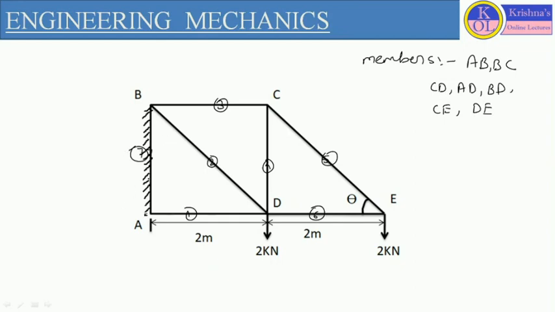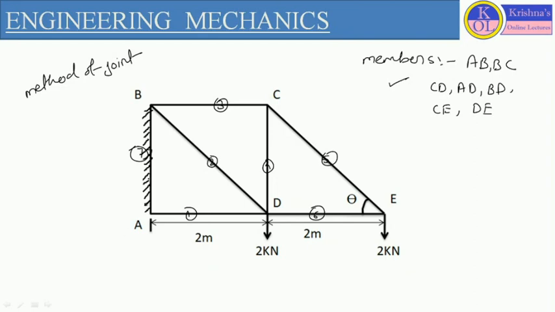But here this AB member is a fixed member. We are going to do force analysis of this particular truss with the help of the method of joints. With this method of joints, we have to define the axial forces applicable on each and every member of the truss. And how do we consider this axial force acting on the member? Because of the external loading. I have written here how many members we are considering.